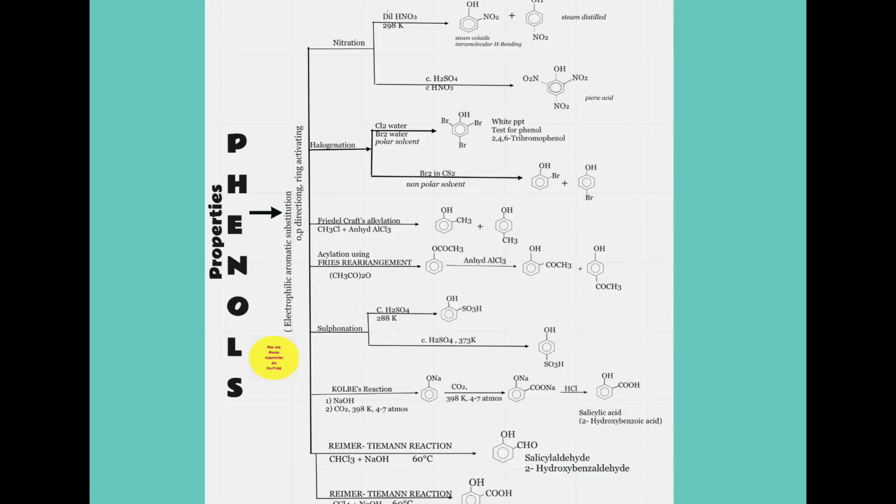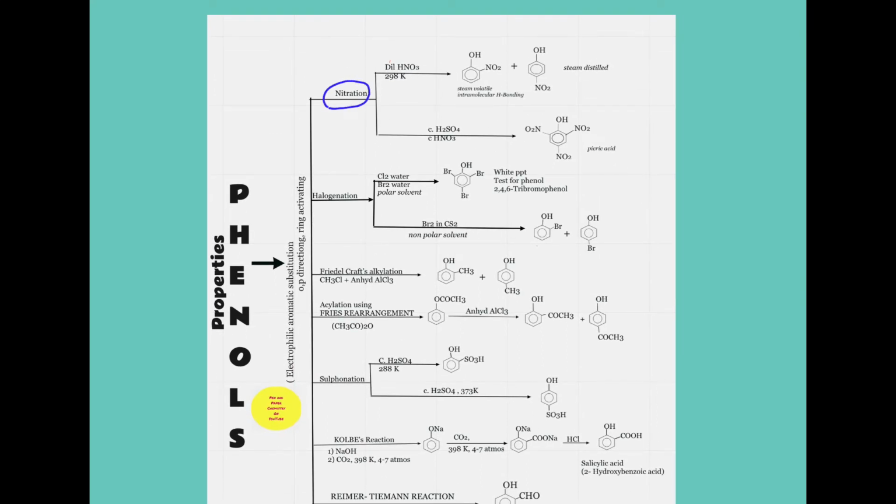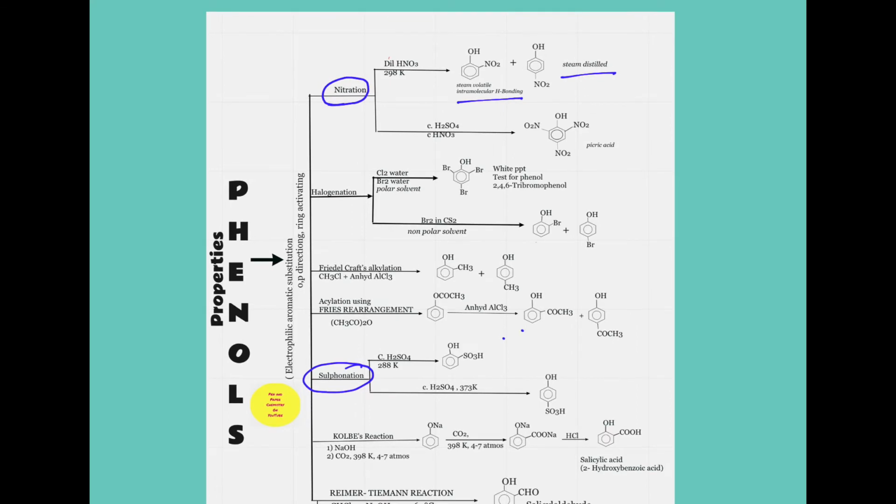In today's video, we are going to continue our learning about electrophilic aromatic substitution reactions. In case you have missed it, in the previous video, we have already covered the nitration of phenols in complete detail as well as sulfonation. So please go through the previous video because there's a lot of detail that I have covered, including intermolecular and intramolecular hydrogen bonding. This flow chart is really helpful and it's going to help you understand, learn, and recall properties of substances.